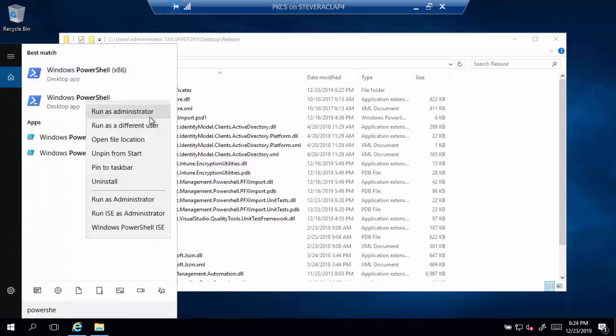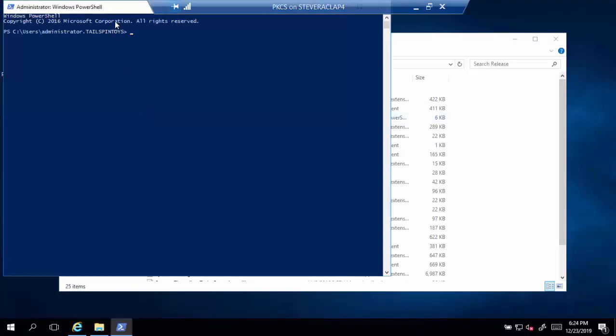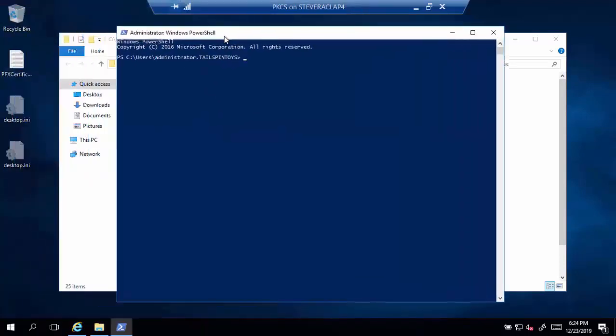Running PowerShell. Maybe I did, I don't know, but for sure now I have. Okay, so change directory to desktop and change directory to release. Cool. So now with that done, the first set of commands I'm going to run will be